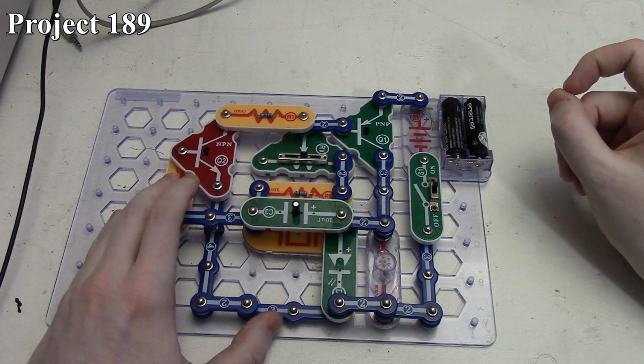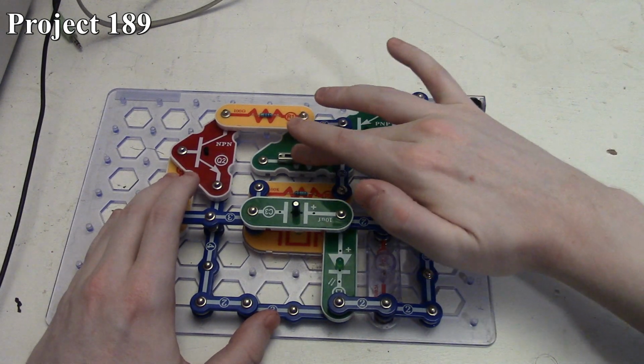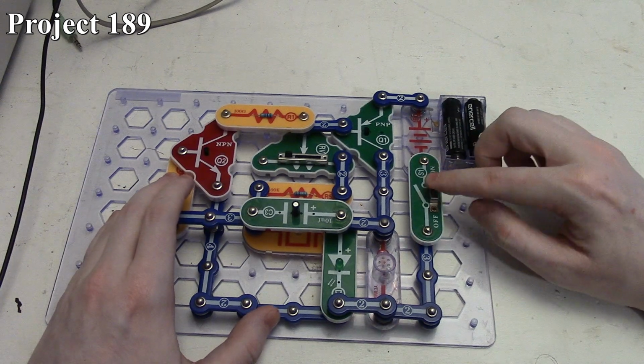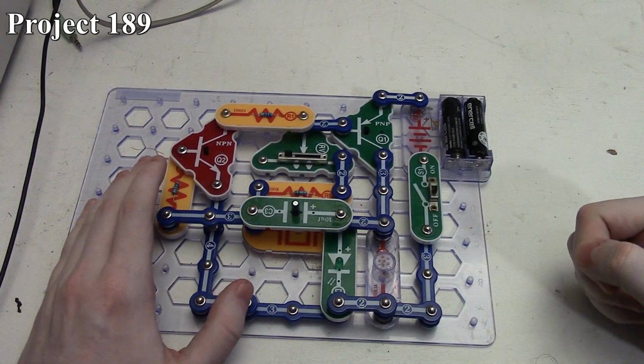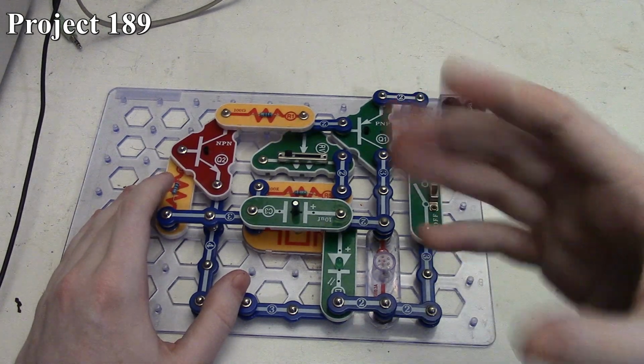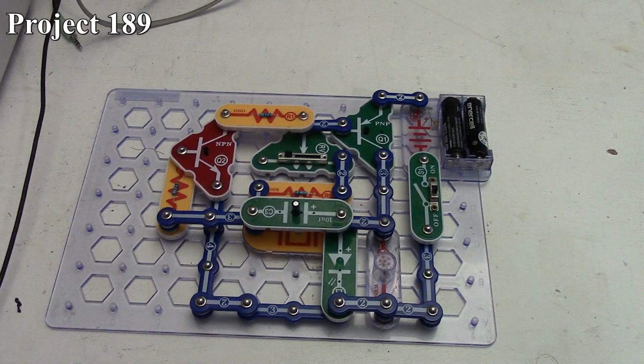Bring it down some. Bring it all the way to the bottom. So that's how project 189 works. Again, we just replace our speaker with our 2.5 volt lamp, and then that just pulses on and off with the circuit there. So the next one we're going to look at